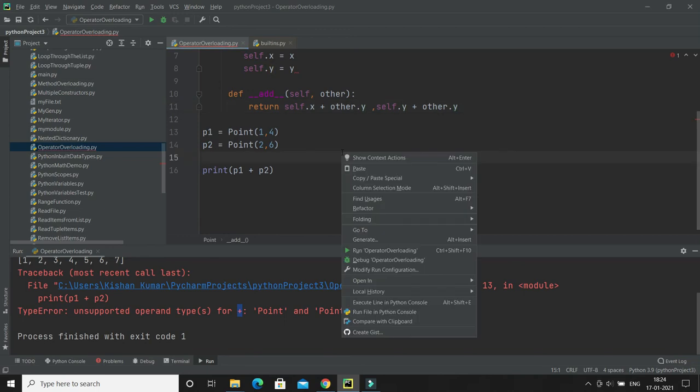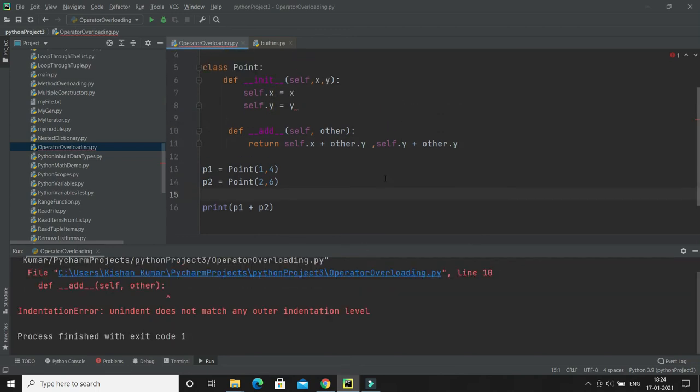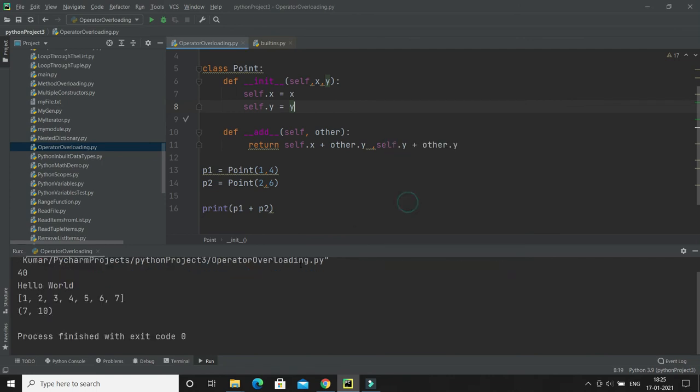Now if I try to run, then this should work perfectly fine. Still it is showing some error. Let's see what the error is. Some indentation error, I think it is showing. Let me check. So here you can see, indentation error. So the indentation error has gone. Now if I run, then here you can see I got output as 7. Why is it saying 7?